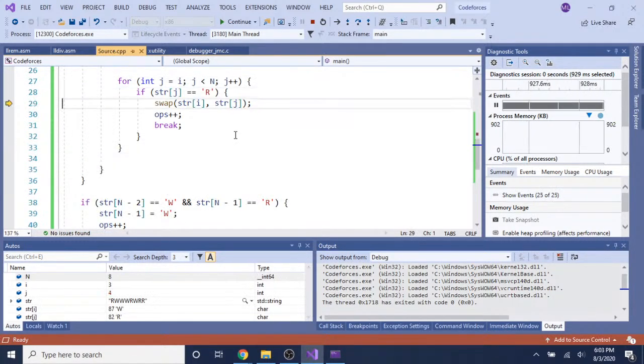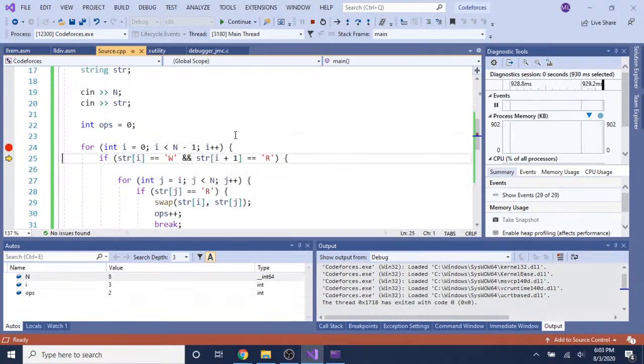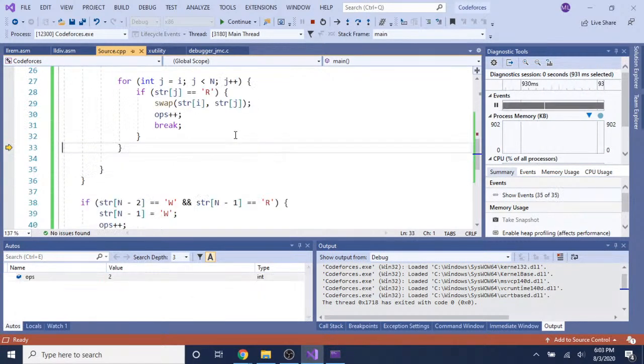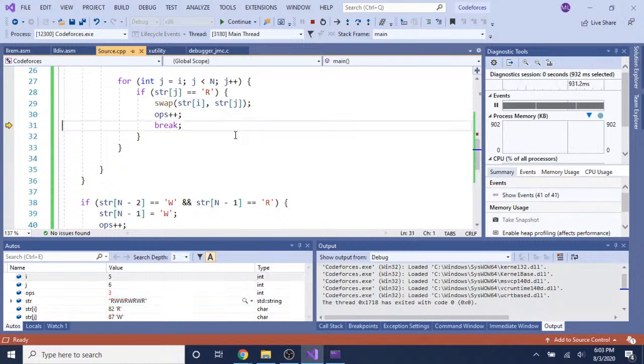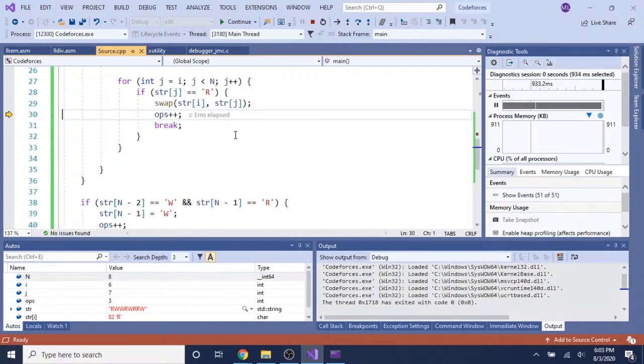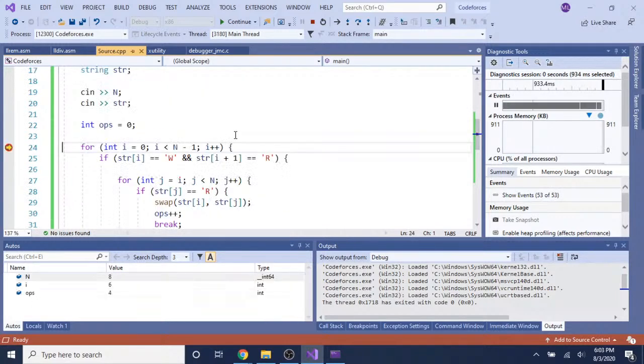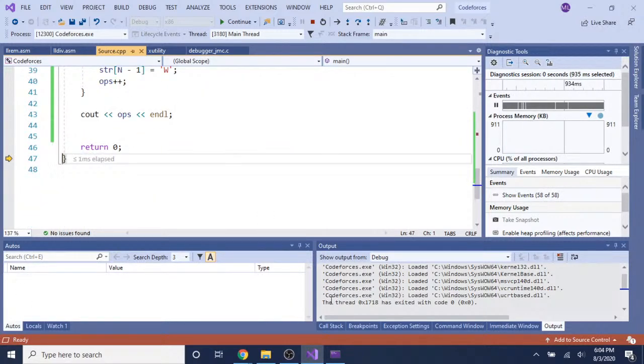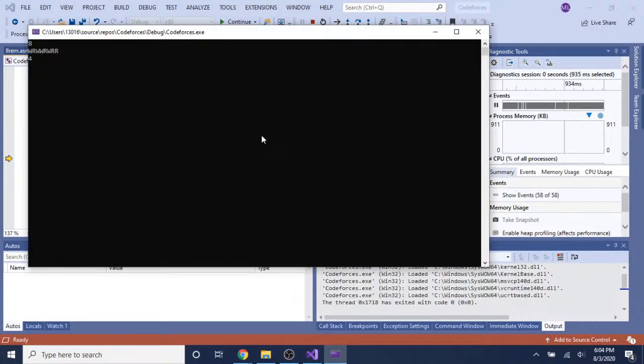Because I want all the W's to be on the... I want all the R's on the beginning. So we have the R's. Nah, that didn't work. RW, we still have a W and R. If we have a W and an R,